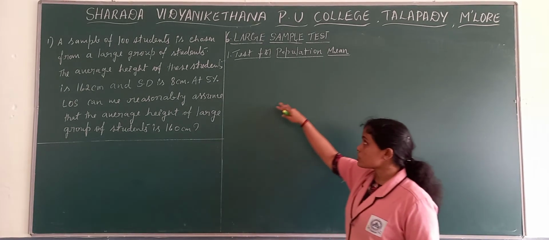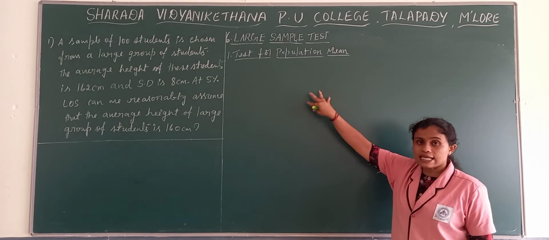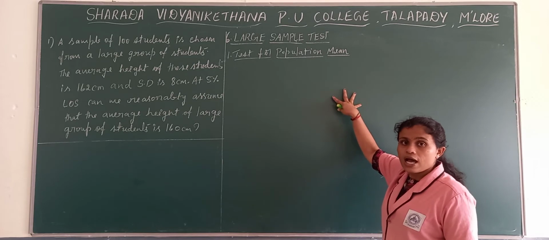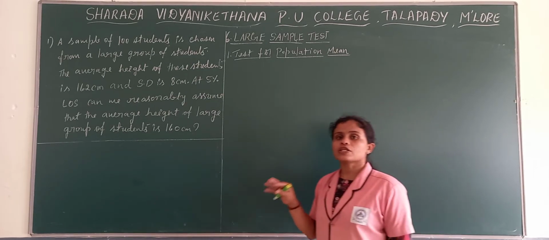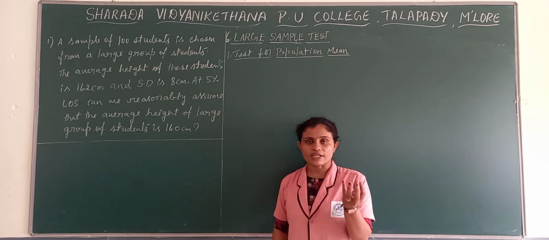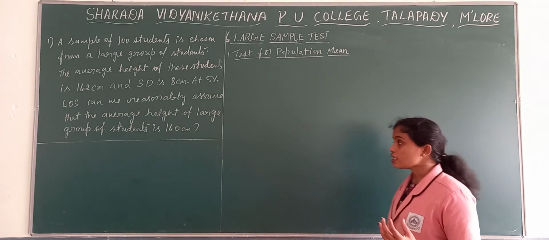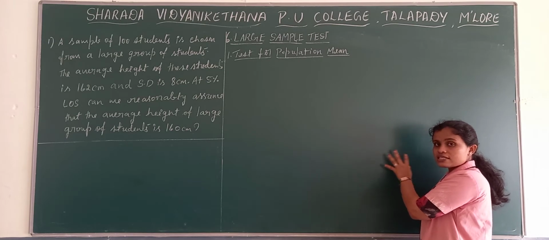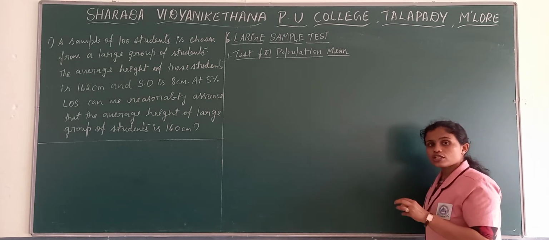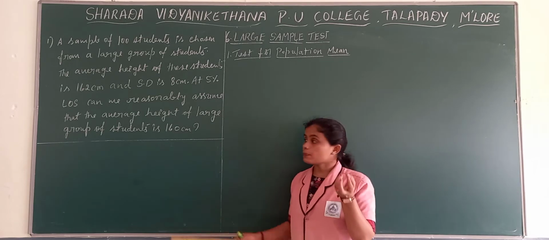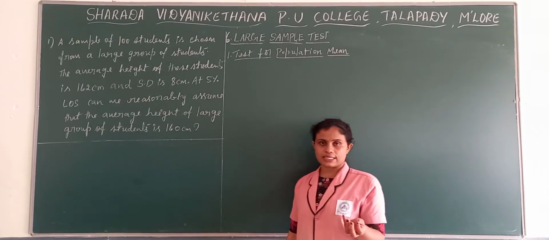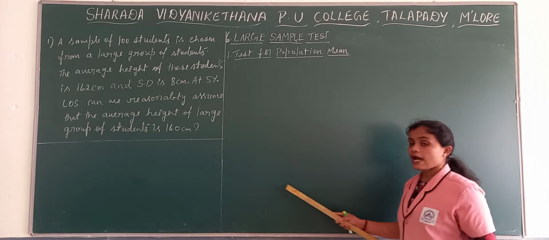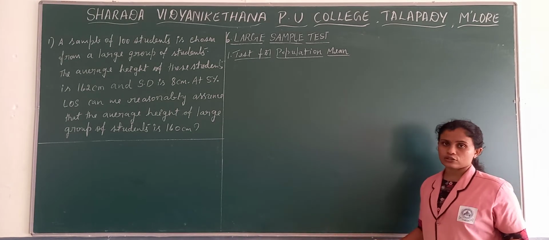Then we come to the computation of the test statistic, where we apply a particular formula, and after applying it we get the final answer. Then we need to see whether that answer falls in the acceptance region or rejection region. To check that, depending upon the level of significance, we need to choose the table value. Finally, at the end, we conclude.